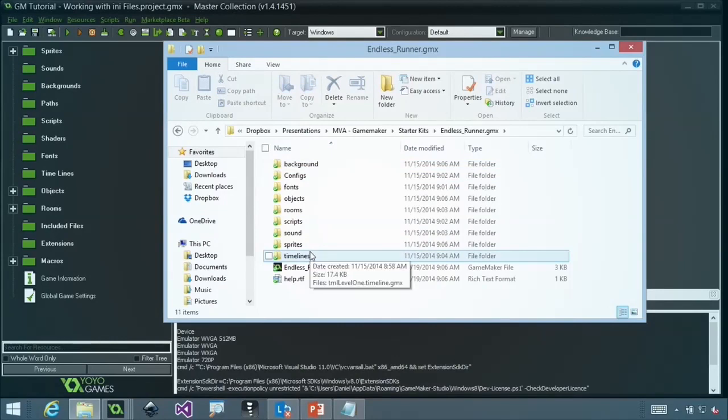It's just an easy way. It's kind of like a zip file that zips your whole project up to make it easy for you. Cool. So, all right, so